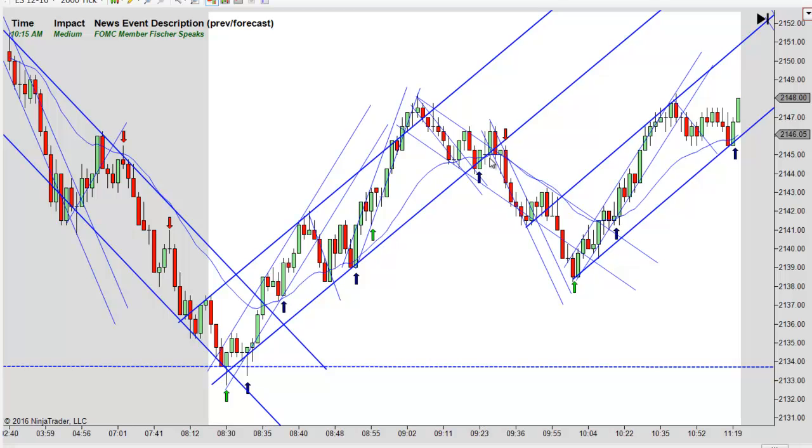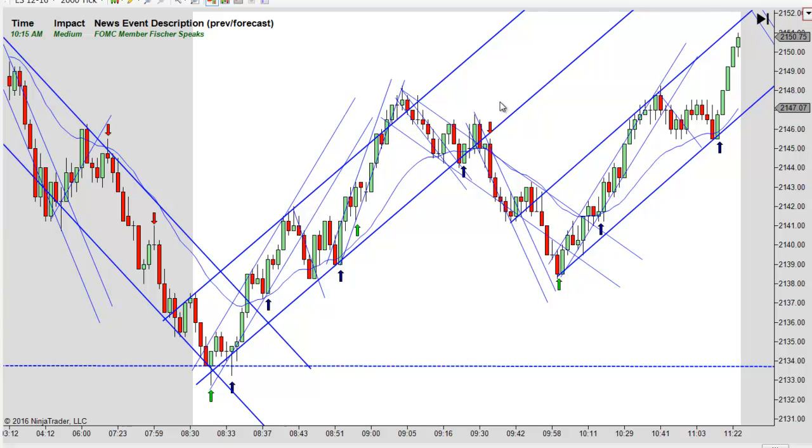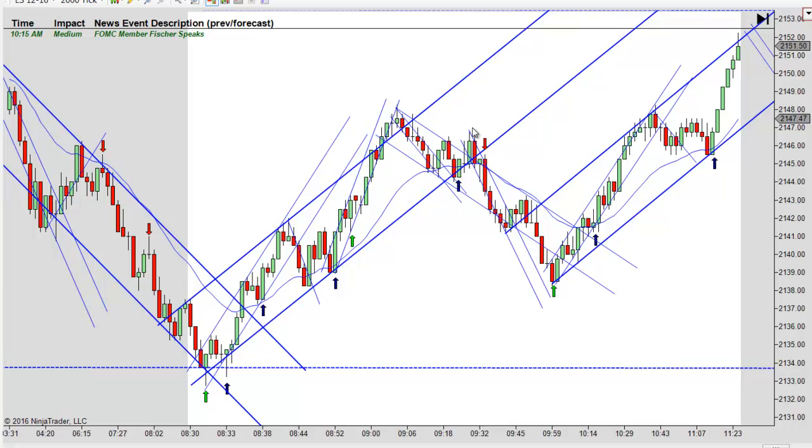It got just enough. There's 5 ticks from your entry point with a stop there to the exit point. So that's what it takes to exit a limit order, is 5 ticks. And so that's why we go for 4 ticks. It's amazing how many times you will see that it'll get that 4 ticks, and you could have scalped out, but then it might exit or it might reverse